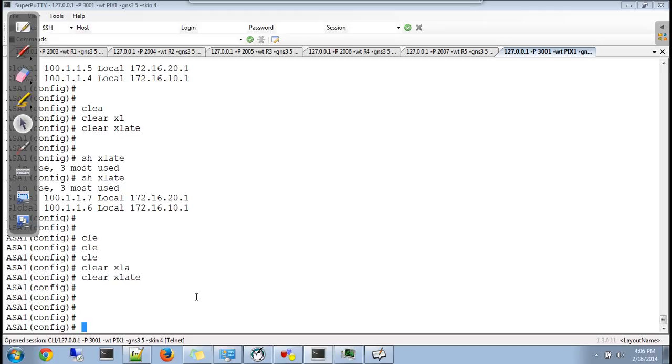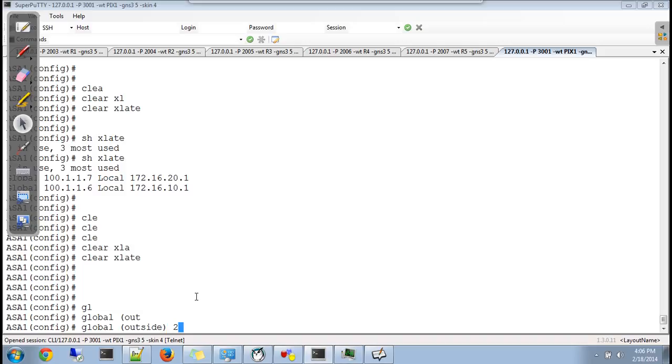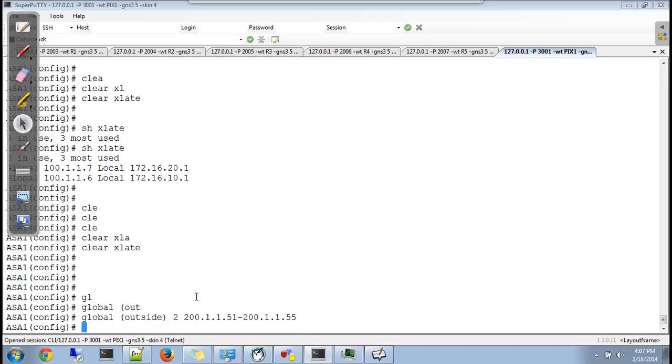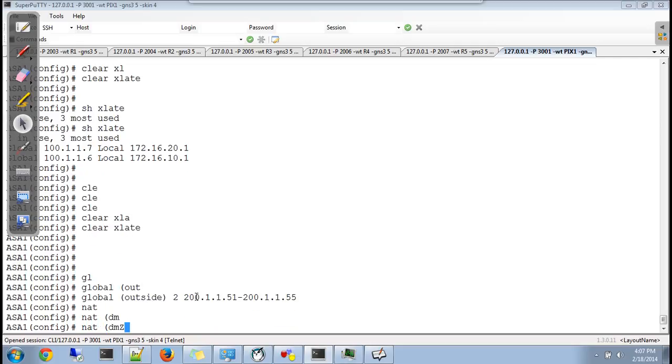In that case, I'll say global outside again pool number 2, and the range will be say 200.110.55.1 to 200.110.55.5. Done. This is my new pool, and I'll add a rule that NATs anybody coming from DMZ1 using pool 2.